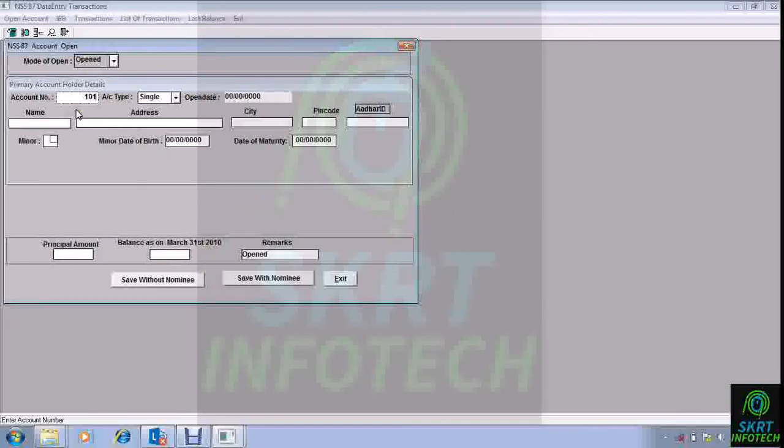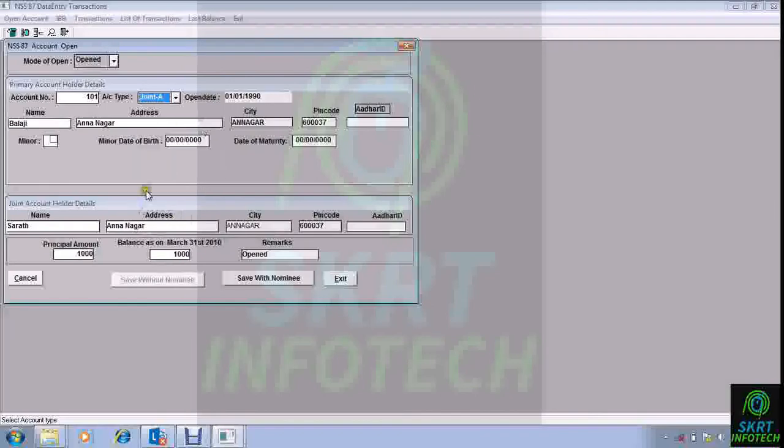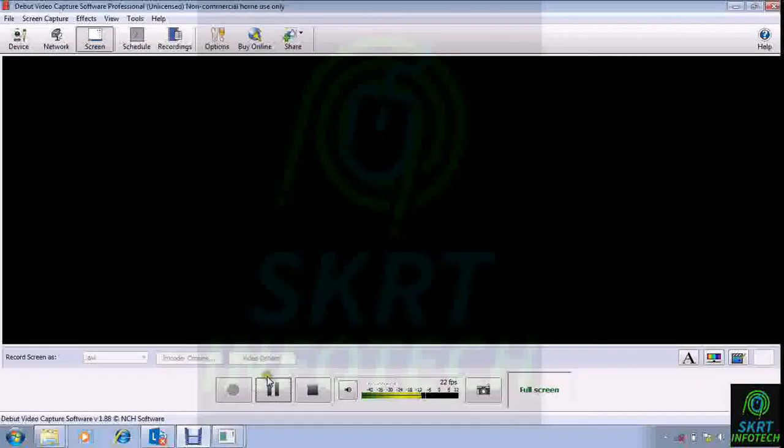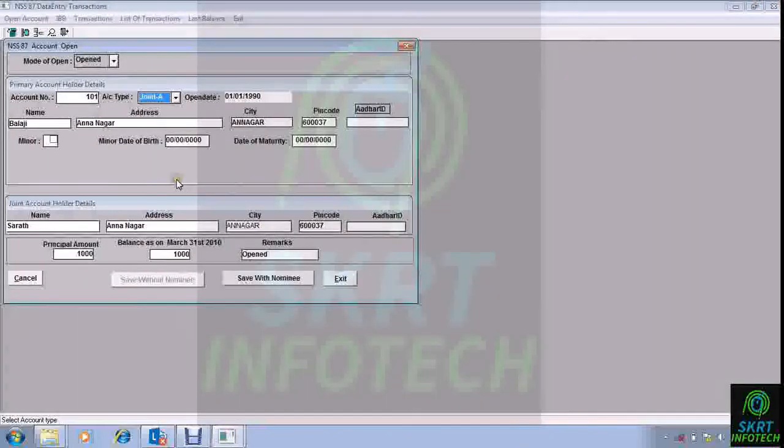So it is saved. This is the detail that has been saved now. So we are entering the data for a joint account. We have entered it. So 100 and 101 are the two accounts that we entered.